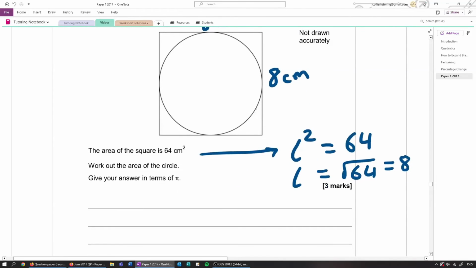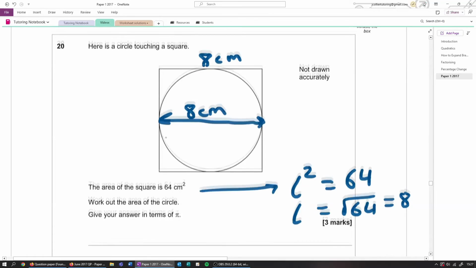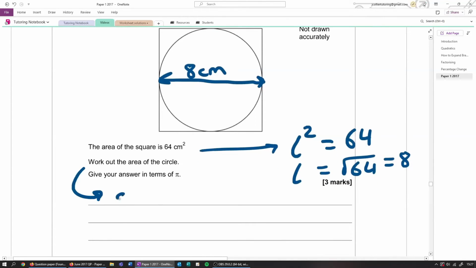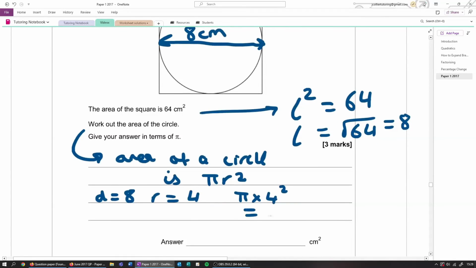Okay, so if we know each side is 8 centimeters, well, then we know the diameter of this circle is also 8 centimeters. Okay, because it's touching the sides of the square. So this length equals the diameter. Okay, so now we need to work out the area of a circle. Well, the formula for area of a circle is pi r squared. And if our diameter is 8, so d is 8, radius is 4, because the radius is always half the diameter. So the answer will be pi times 4 squared, which is equal to pi times 16, which is just